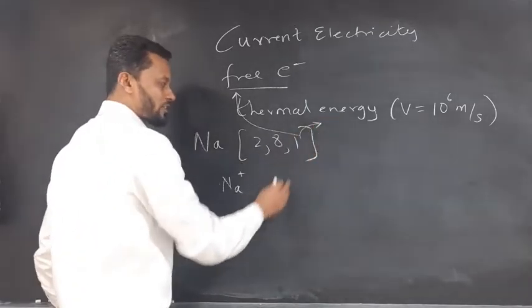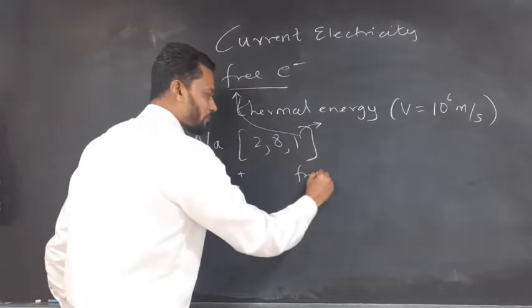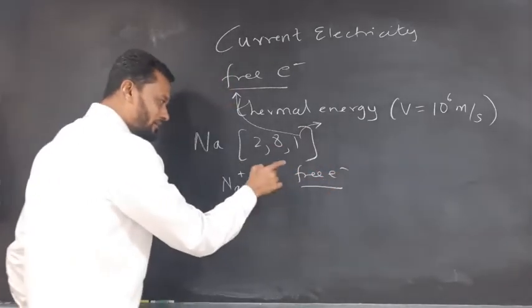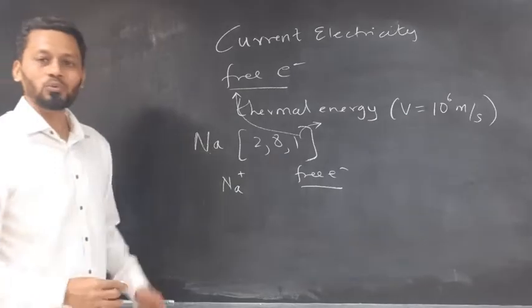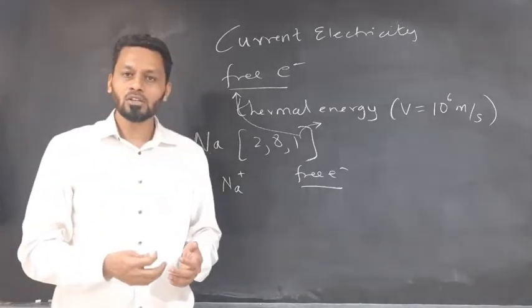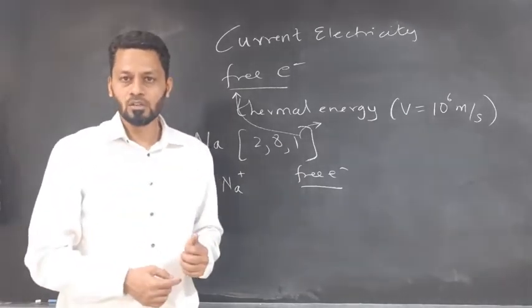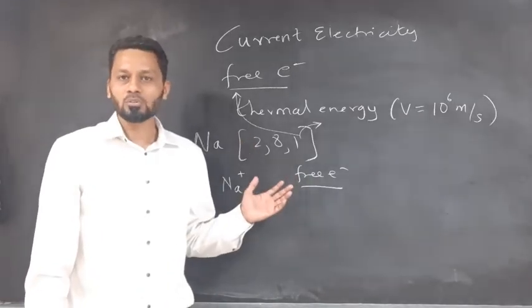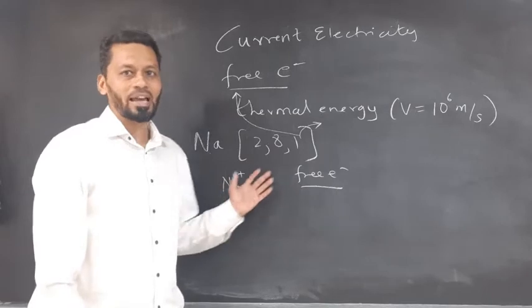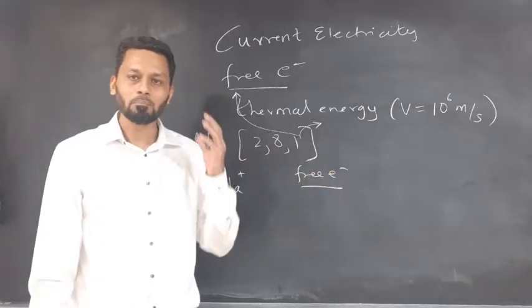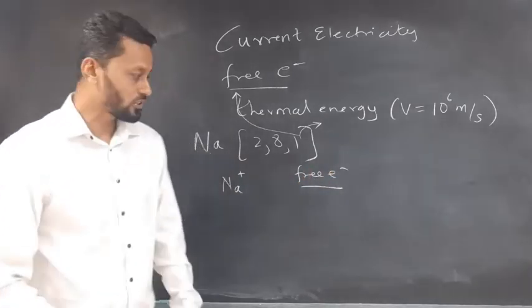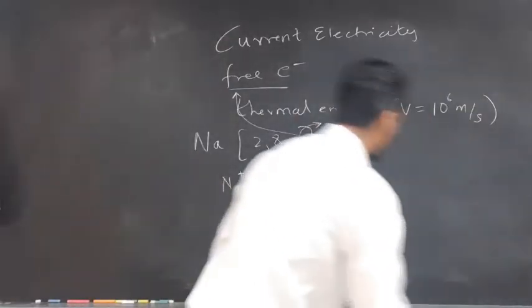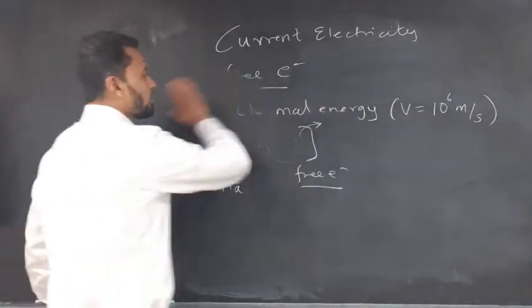Already one electron is given. This electron which is given will be my free electron. And these free electrons, which we get from a number of atoms, constitute the current. Now you will think, why am I teaching all this? This concept of positive ions and free electrons plays the major role in constituting the electric current. So let's move ahead and see how they play the major role.